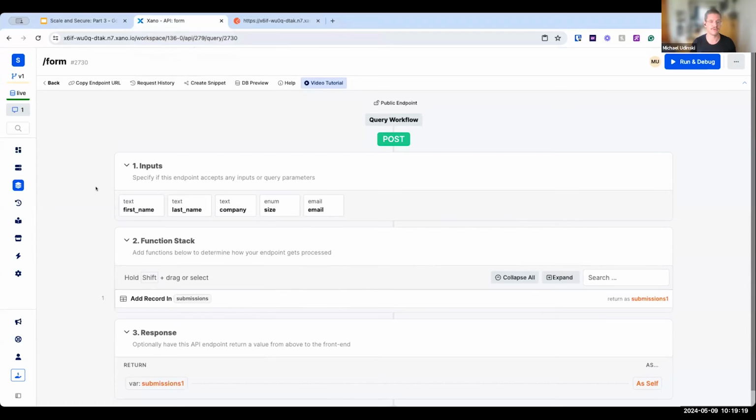Maybe you have a simple form submission on your app or website, so you can collect different leads that you might need to reach out to for your sales pipeline, right? So if you could imagine a form where it's first name, last name, a company, a size, and an email, right? And this feeds into a Xano database,